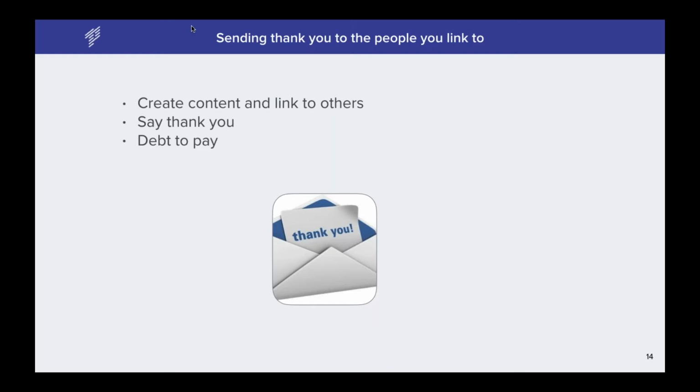And what it actually triggers is that the person will most likely want to, let's call it, pay their debt, like reciprocate and want to do something in return, because you in a way gave them a favor by creating this link. Of course they will want to link to you at some time if you have this valuable content.